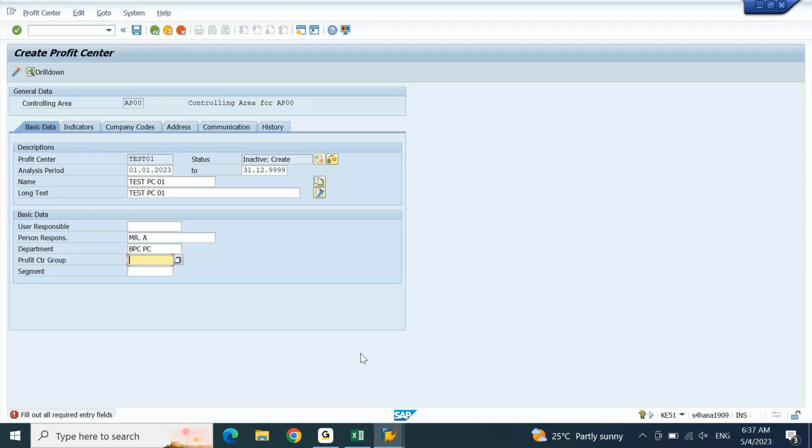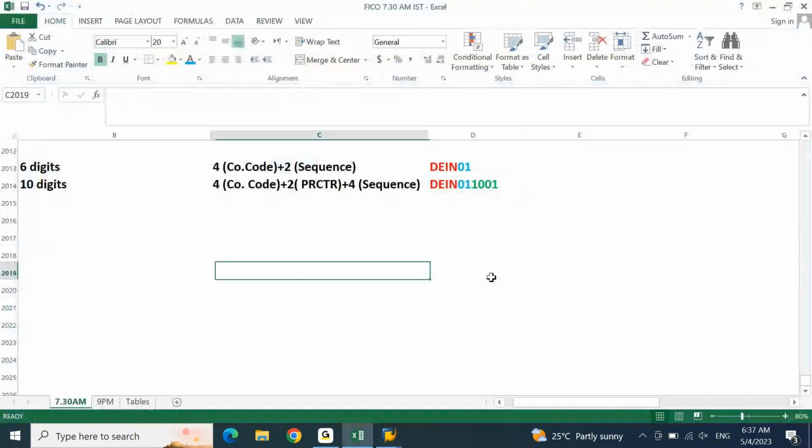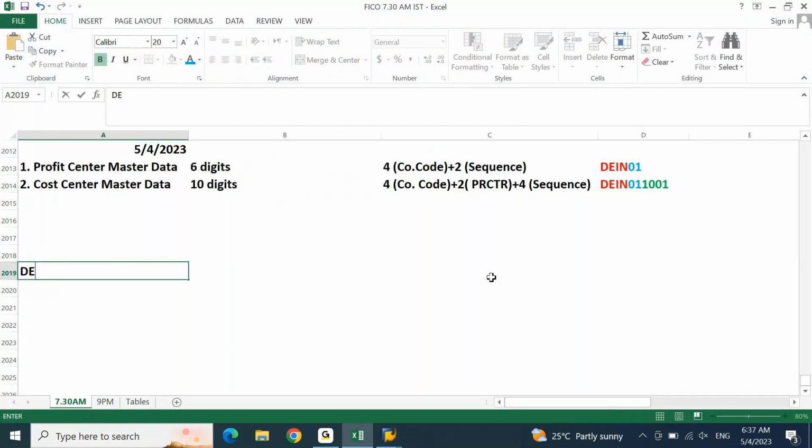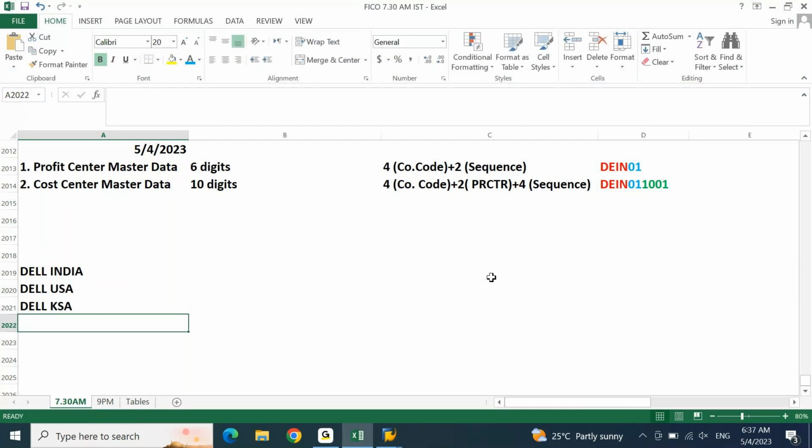If I say that Dell is in India, Dell is in US, Dell is in Saudi, Dell is in Australia, Dell is in Singapore, and so on, in this scenario we are going to create profit centers everywhere. In every company code, you will have a separate profit center master and separate cost center master. Here, in Dell India, I am going to use